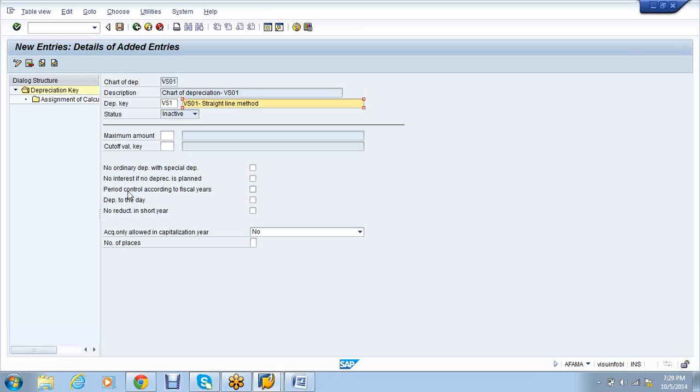Okay, I'll maintain the period control according to the fiscal year, depreciation to the date. That means based upon the period wise when I execute, the system will execute it. Double click on assignment of calculation, go to new entries,